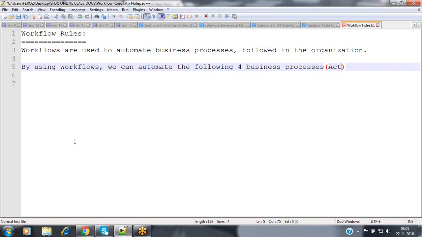Business processes means these are also the actions. So now when coming to the workflow, by using this workflow, we can perform the below 4 actions with the help of this workflow. The first one is we can send an email notification,